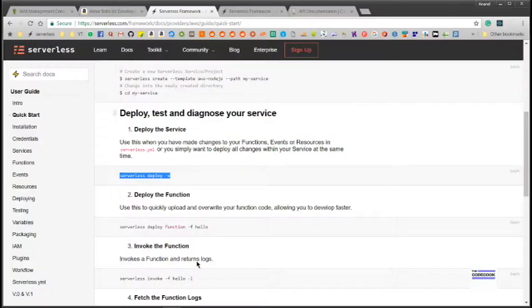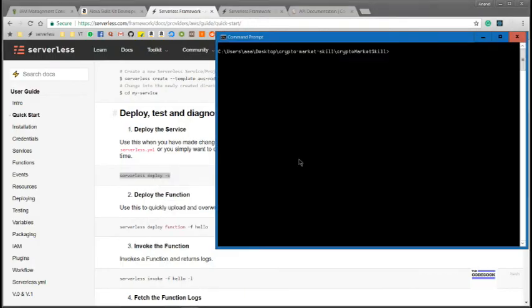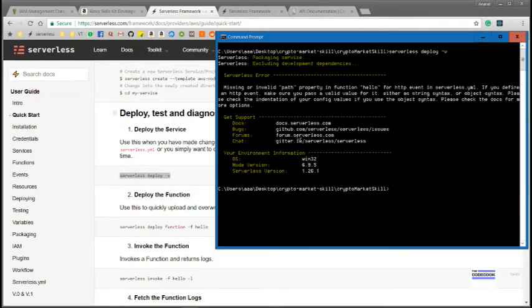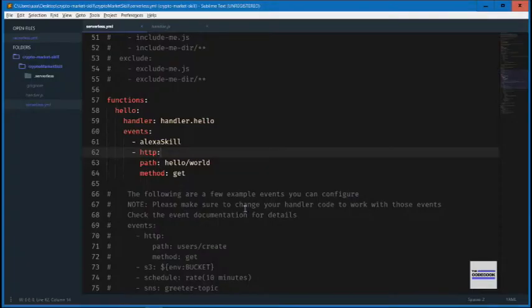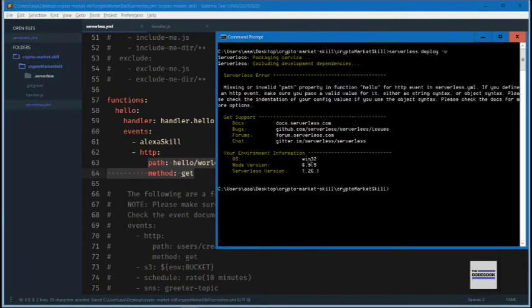Go back to the documentation and we'll copy this command and paste it in the command window already open. Make sure you're in the folder CryptoMarketSkill or whatever you had named your service. Looks like something went wrong. Oh, I know what that is. This is an error due to the indentation I was talking about before. We need to put a tab here and we should be good. Let's try that again. As you can see, it has started bundling the project into a stack,